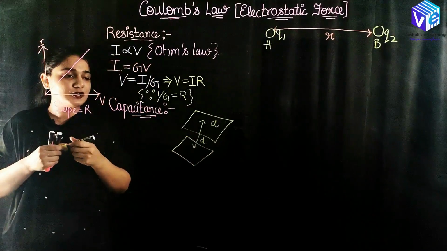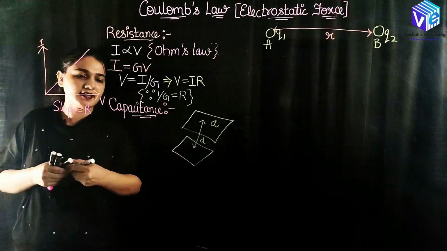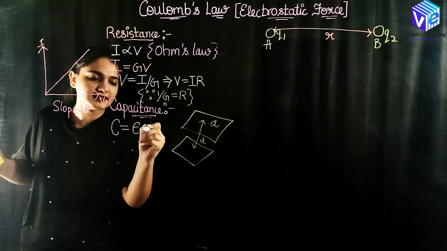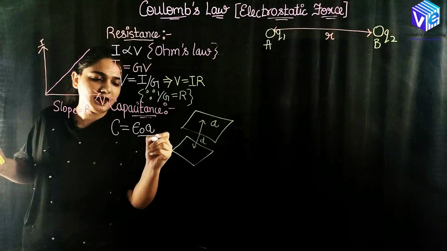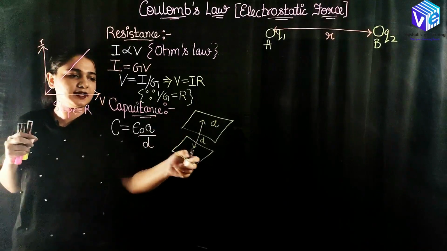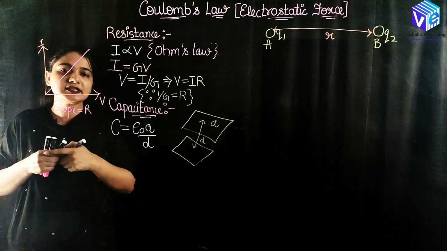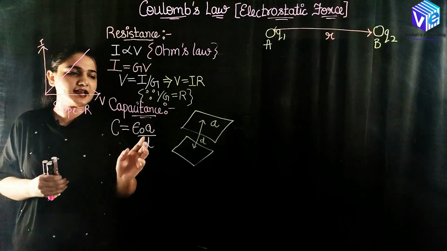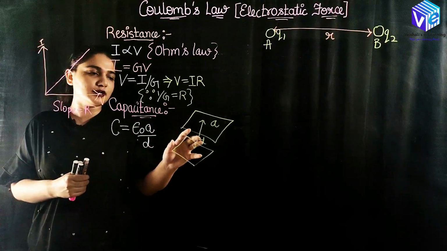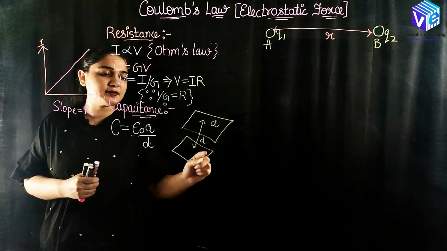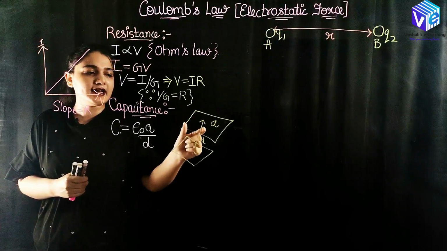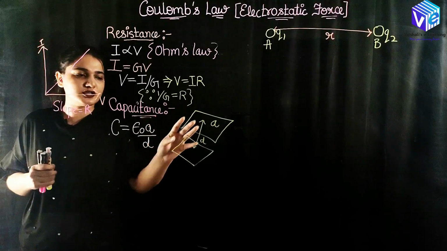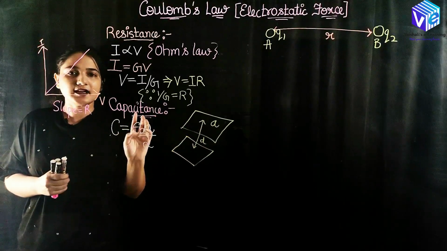Okay, so the value of the capacitance, which I am denoting with C, is given by epsilon naught A upon D. I am supposing that I am computing everything in free space, so I am using epsilon naught. I will be talking about epsilon also in a later section of this video. So these are two plates of dielectric material placed some distance apart in vacuum. This is my capacitor and this is the capacitance.